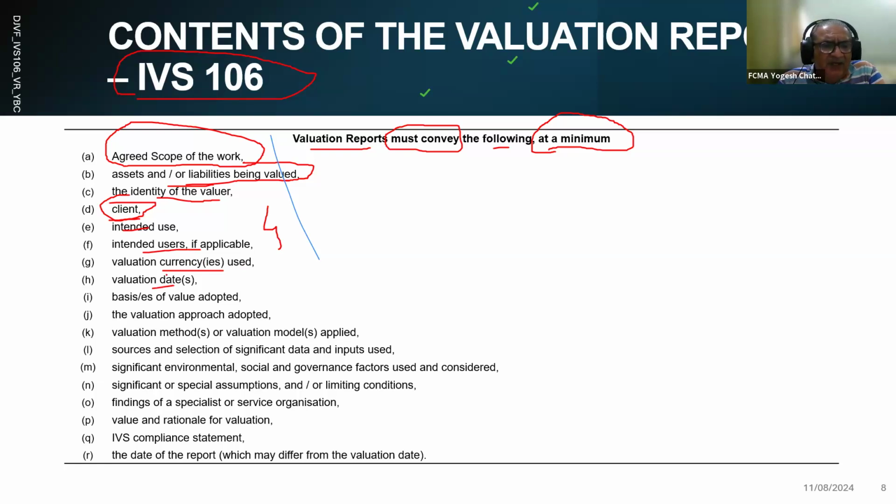Then the valuation date, very important. A valuation report, or the valuation estimate whatever we have arrived at, is valid only on the valuation date, as per the ground reality which prevailed on the valuation date. So that estimate is arrived at based on that ground reality. Many times the question has been asked, what is the validity of the valuation report? It is very important to consider that the validity is on the valuation date, not one day before the valuation date, not one day after the valuation date. Because